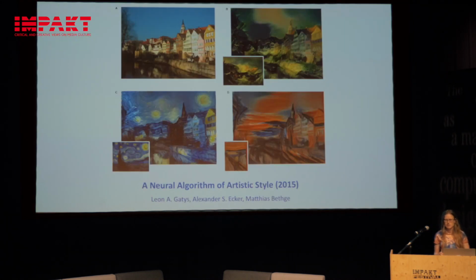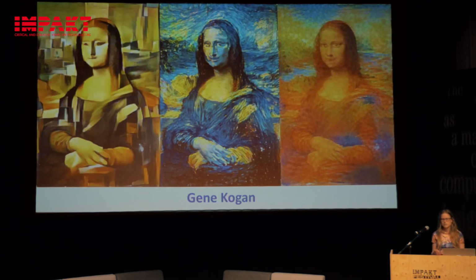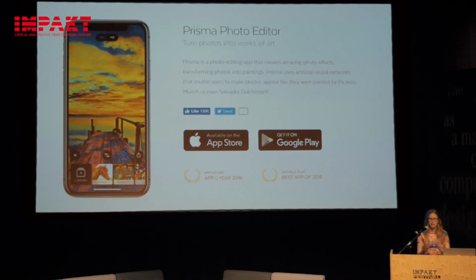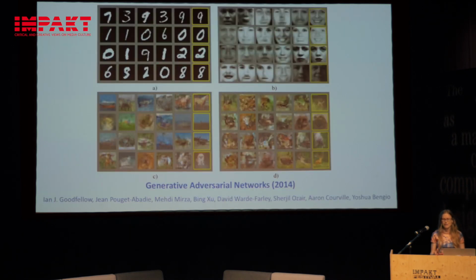Then there was an obsession with style transfer, particularly from the technical community. And you could change your beautiful view of Tübingen into something in the Impressionist or Expressionist style. And you could also do the same with Mona Lisa. And then finally with your own photographs, if you used this Prisma app, which was super popular about 2 years ago. And then the attention has moved to the GANs,